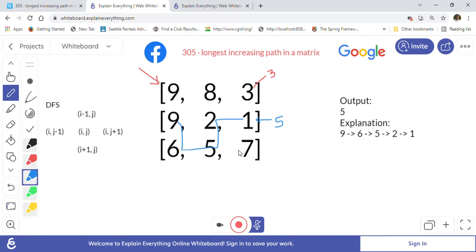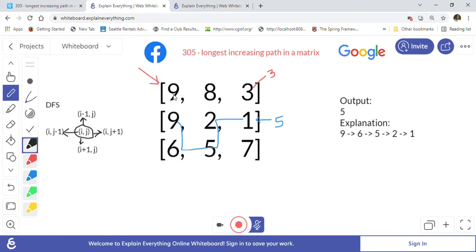When we are doing DFS, we will have to go in 4 directions, as written here, right? If we are at the ijth cell, then we will go upward, downward, to the right side of the cell, and to the left side of the cell. The coordinates are also mentioned here. Going upward it is i minus 1, j. Going downward it is i plus 1, j. On the right side it is i, j plus 1, and on the left side it is i, j minus 1. So these are the coordinates we have to travel for each cell, right?